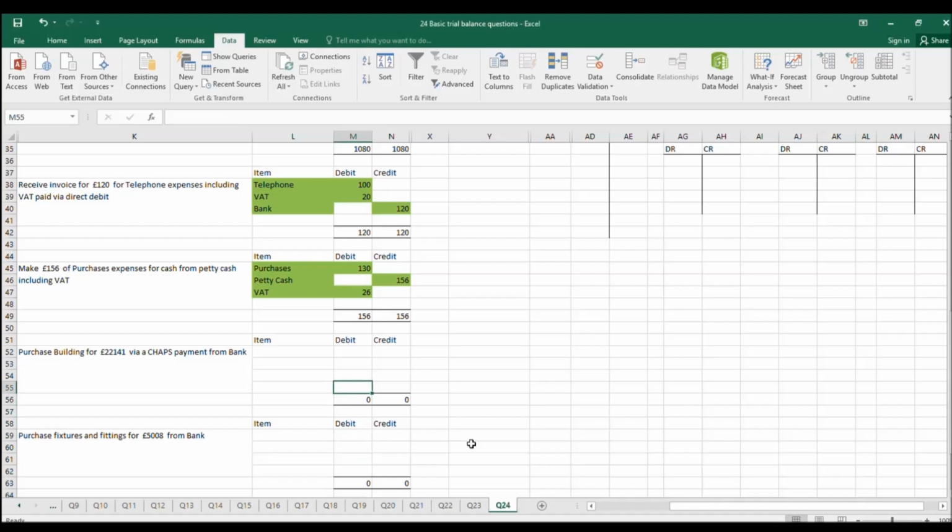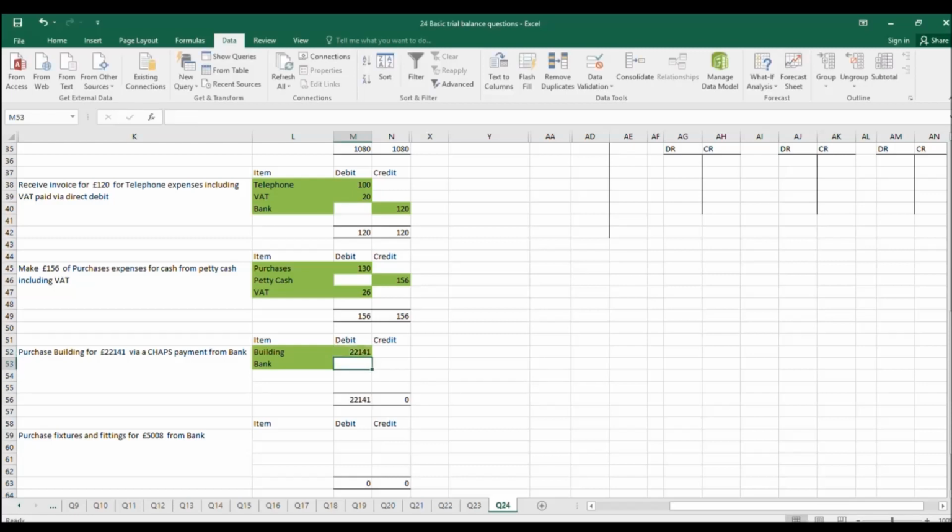Purchase a building. Okay, so let's find this. Building for 22,141 via a CHAPS payment. So what we're saying is from the bank. Okay, it says from bank. Actually, I could have just gone CHAPS payment there, if I wanted to make it a bit harder for you. So